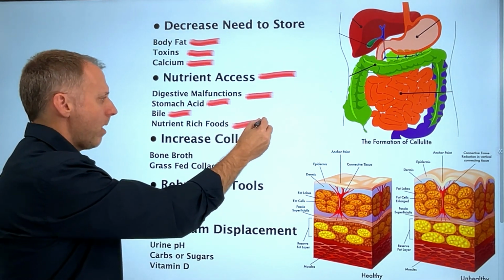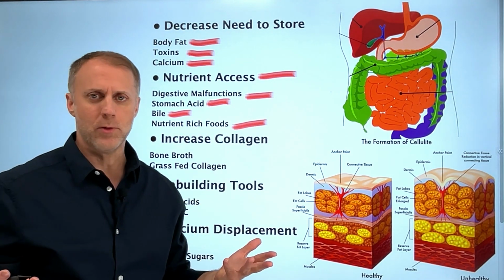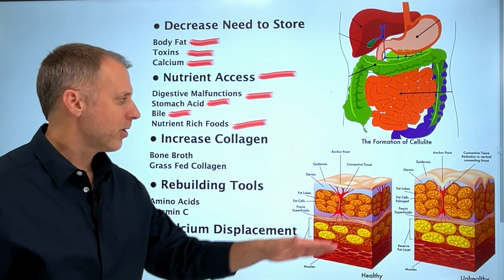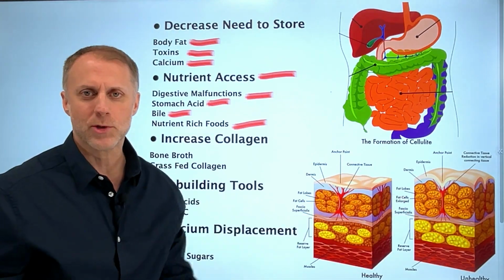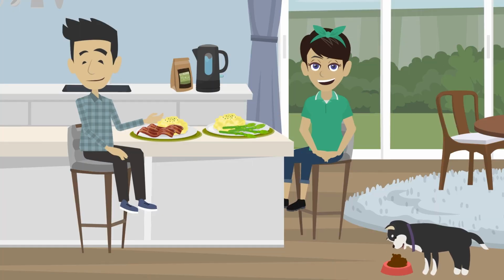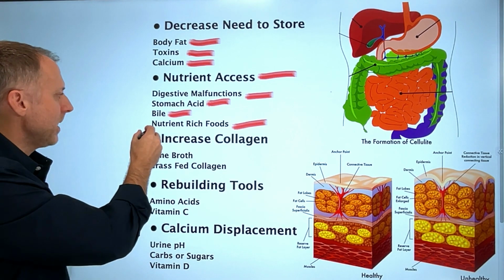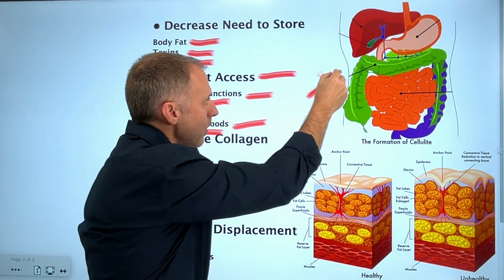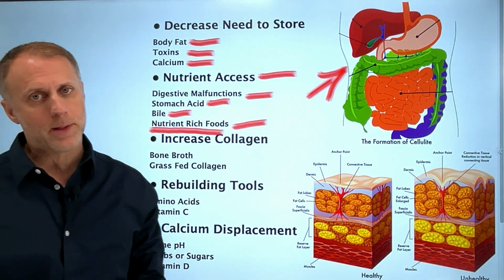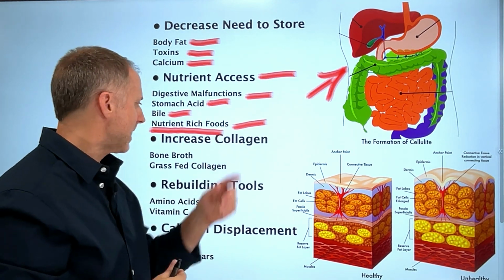And that brings us to, well, you got to eat some nutrient-rich foods, like some real food. You're not going to get the structures to fix all this stuff from a toaster pastry. You got to eat something that has nutrients in it. So this is kind of a big deal where you have to eat things that have nutrients, but then you also have to be able to break them down properly to get the nutrients out of it. So that's really, really big.